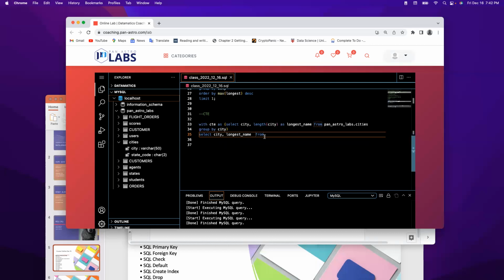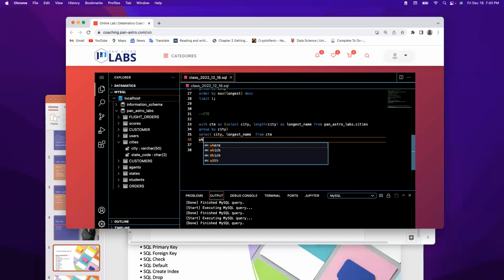So from CTE. If from this table here, it tells me city, longest name from CTE. So here it tells me that I'm picking everything here, right? So now I'll put a where clause. Where longest name equals,